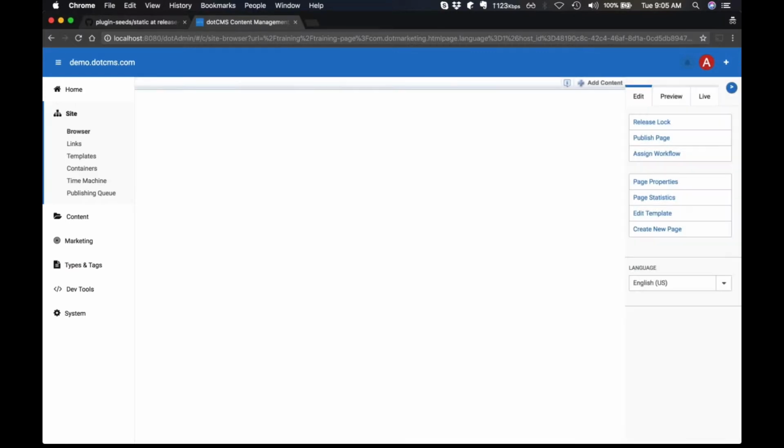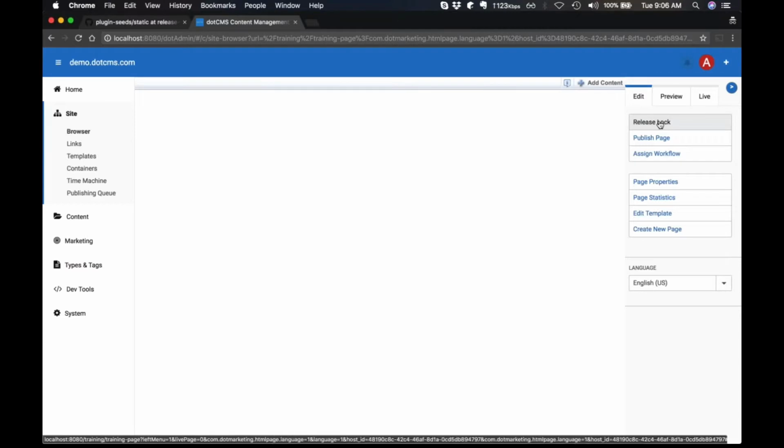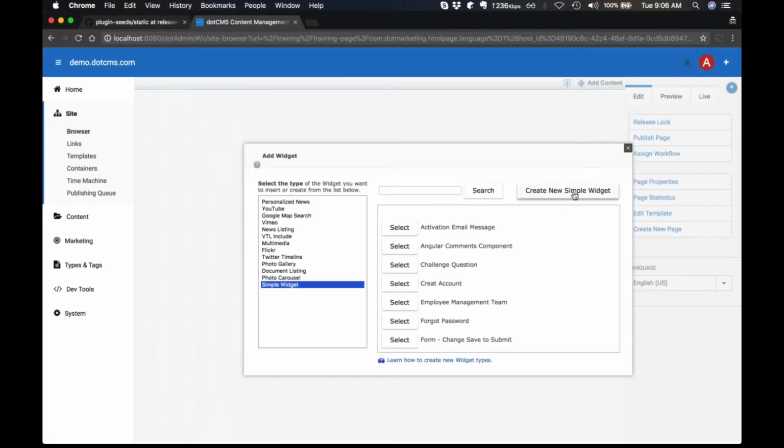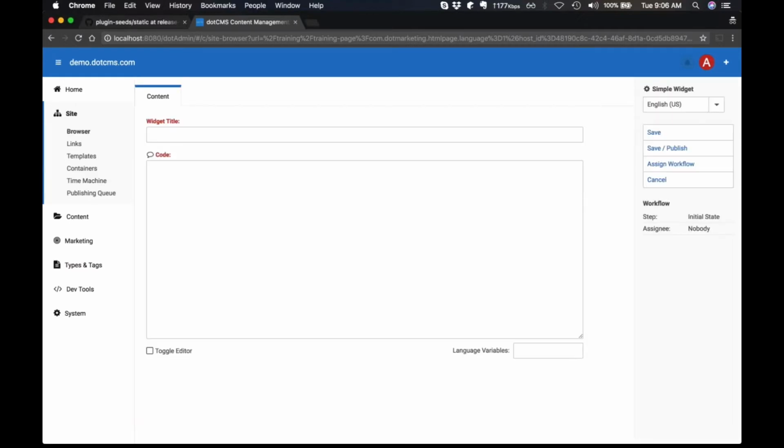So basically, the lock, the add content, the add widget, simple widget, and create new simple widget. This is going to be our training widget. Doesn't matter the name that you put. And the code that we have here is just surrounded with some H1, and in here,